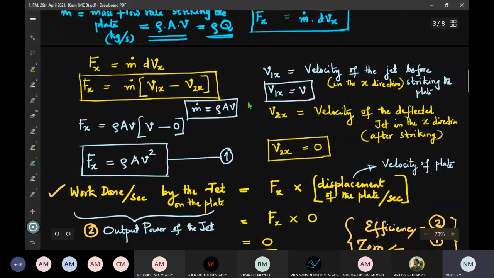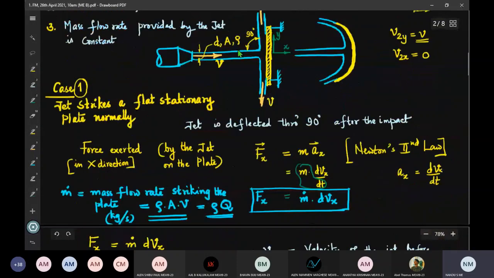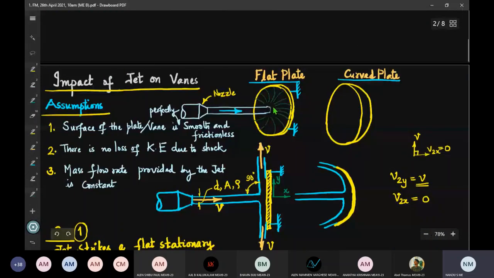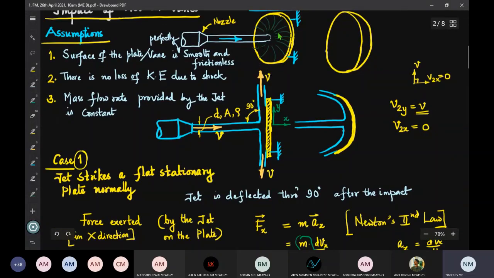Or we can say deflected jet. See, the jet after striking, what do we say technically? The jet is turned through 90 degrees here, since the plate is vertical and the jet is horizontal. In the practical sense, the jet is coming all around, deflected sideways in all directions. But all the portions of the jet will be deflected through 90 degrees. The technical word is deflection. So the jet is deflected through 90 degrees in this case.